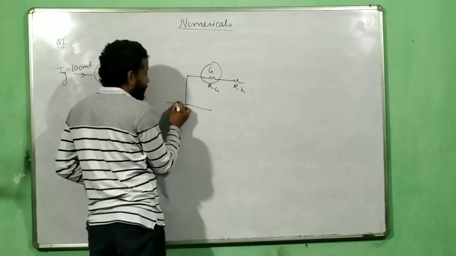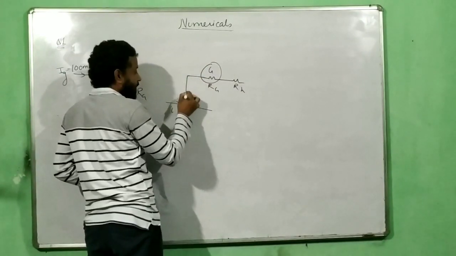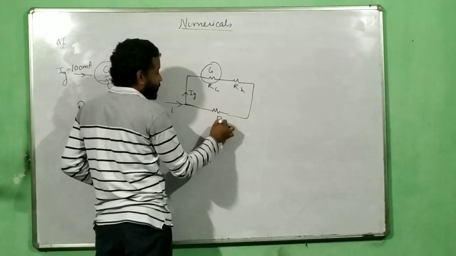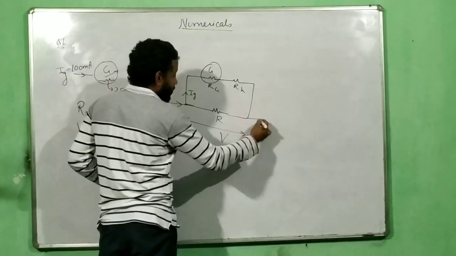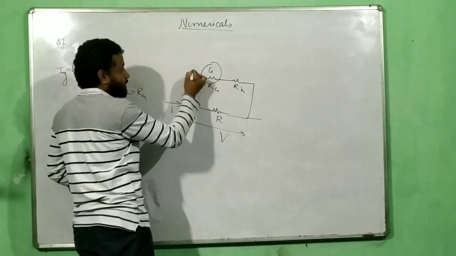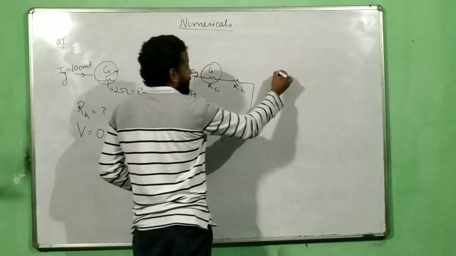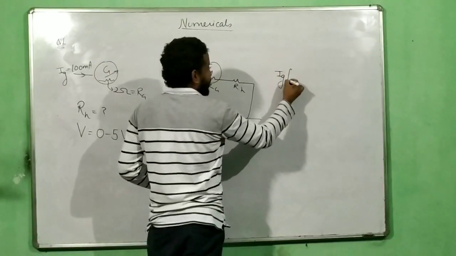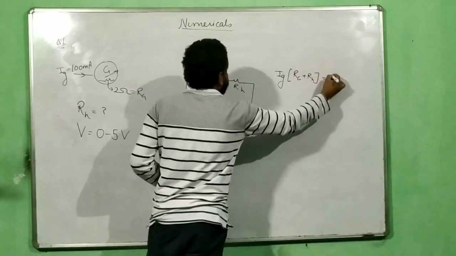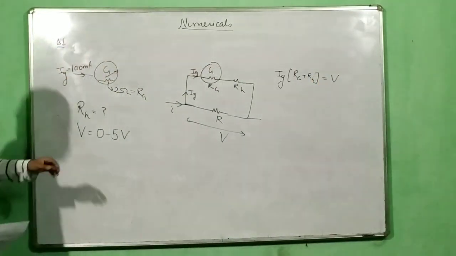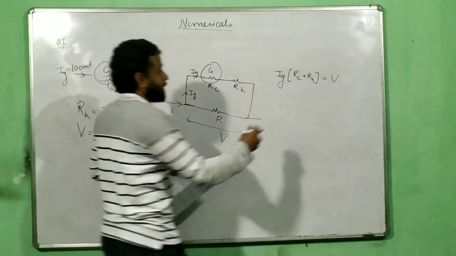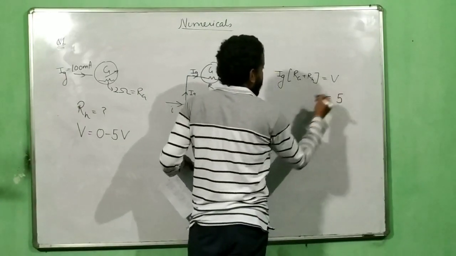And when the current I flows from here, the current which should travel through is Ig, and this is the resistance R where you have to find the potential drop. So this is my potential drop V, and this V must be equal to this V. So what is the potential drop across here? The current flowing is Ig. So the working formula of voltmeter is Ig times Rg plus Rh equals V. This is the working formula. Now till where you have to find? You have to find a voltmeter which can work up to 5 volt. So this must give a value of 5 volt.